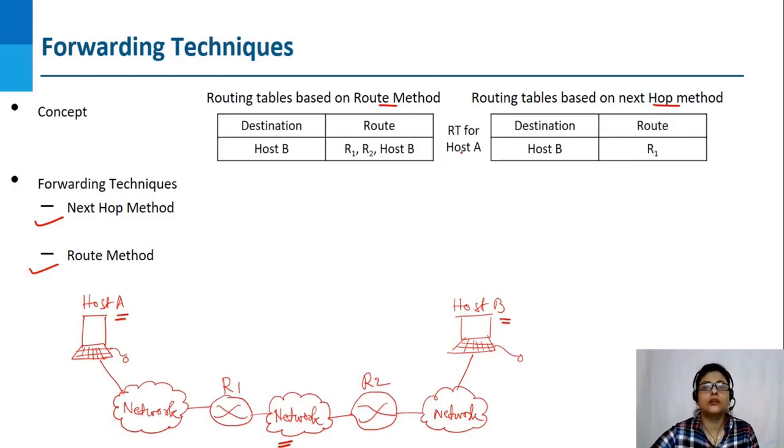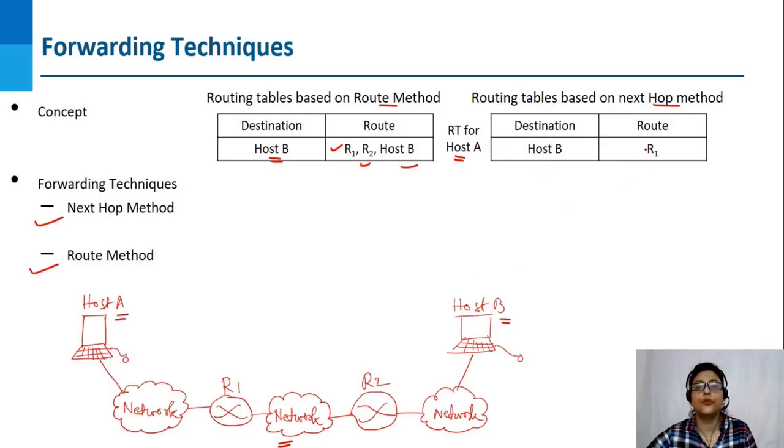So for host A, the routing table should be like this. Here, the destination is host B. For the route method, the entire route should be given. The entire route from host A should go to R1, then to R2, and finally to host B. But for the next hop method, instead of giving the entire route, the destination is host